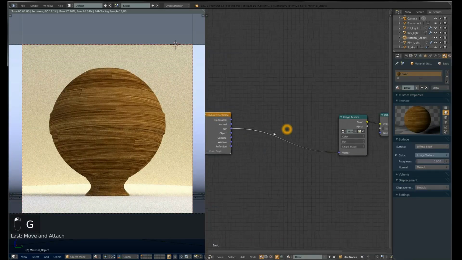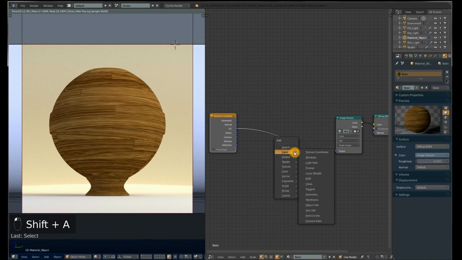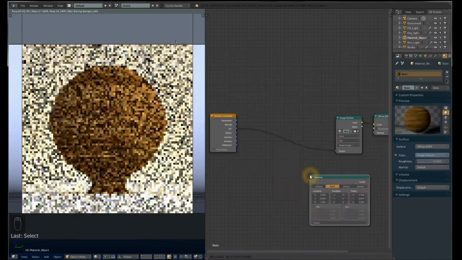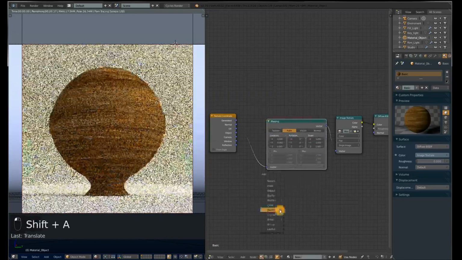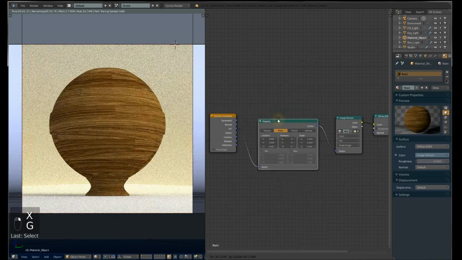You may see there's no difference right now, but when you want to change the scaling, if you don't connect anything to it, this is UV by default. But you have to connect this first in order to scale it, and for scaling it you have to go to vector and mapping. So VM, Shift A VM for adding this,